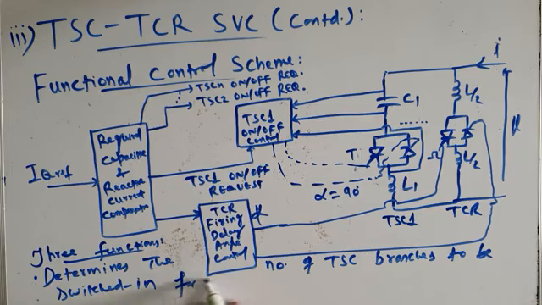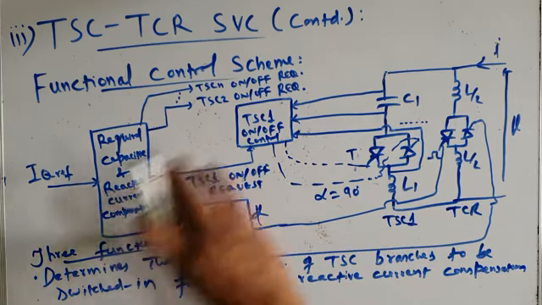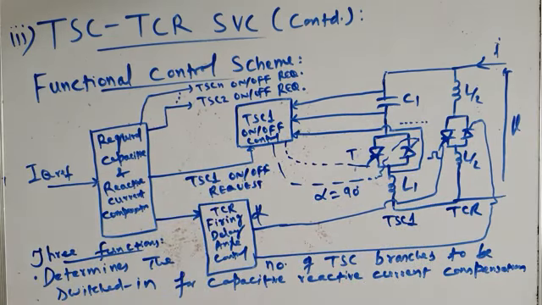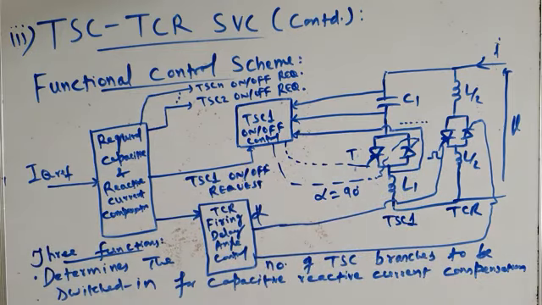for capacitive reactive current compensation. Reactive current compensation, that means reactive power compensation. Once the controller knows how much reactive power compensation has to be done, it then calculates how much capacitive reactive current has to be generated by the TSC branches which have to be switched in. And it also